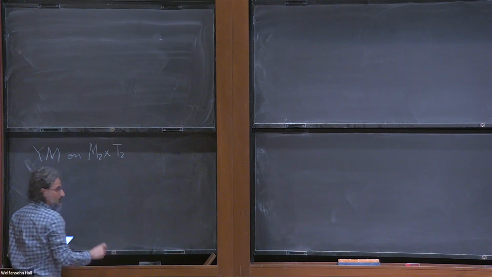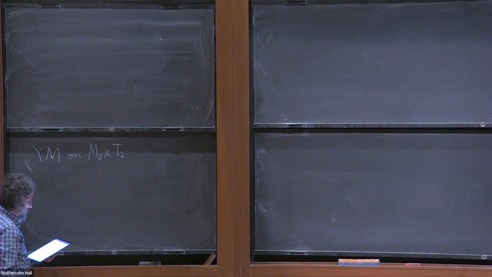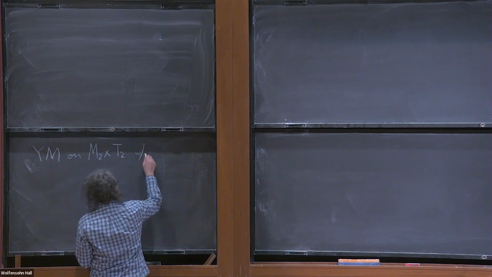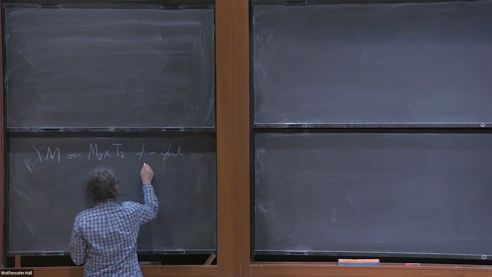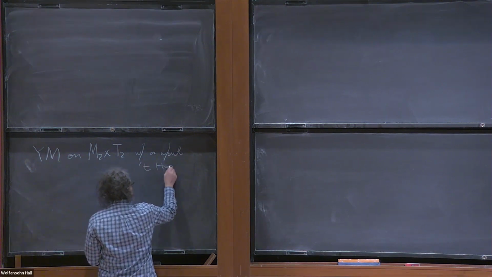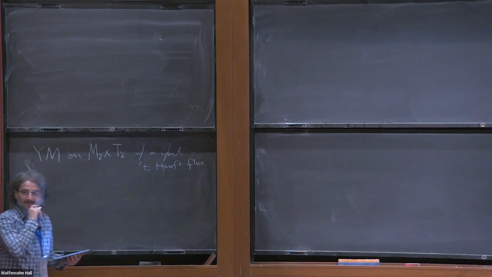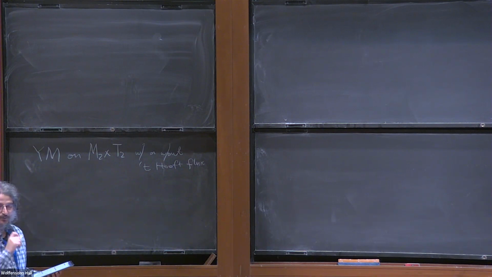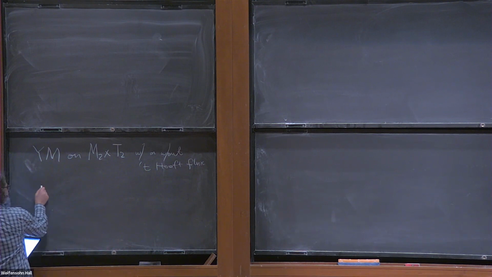T2 is a 2-torus. Okay, M2 can be anything. In particular, it can be R2 most of the time. It will be with or without 't Hooft flux. Actually, you will see that even the introduction of the 't Hooft flux immediately does something interesting on the theory on R2 times T2. And as I said, I promised I will be slower, so we can start with the Yang-Mills